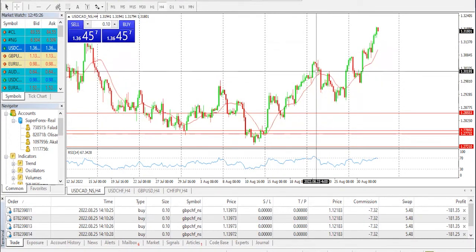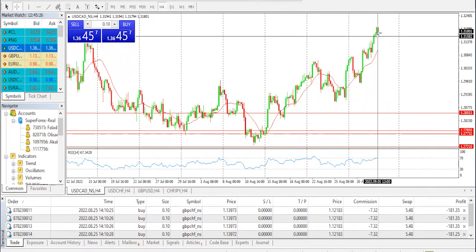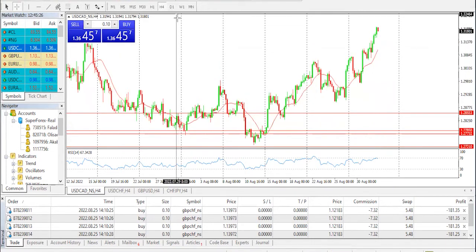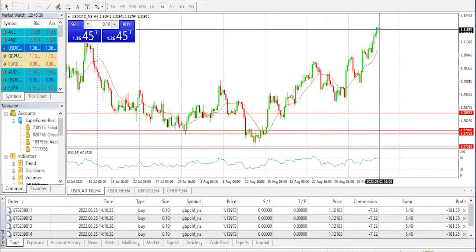Now, possibly this has made some impact on the market. We are hoping that a continuation to the upside is most likely in the books, and we're looking out for a region close to the 1.32 threshold and to push up further to 1.33. Of course, at this point we're going to make our entry from here. We are going to cover nothing less than 64 to 65 to 70 pips or even more from that entry point. So that's our technical analysis on today's currency pair, the United States dollars to the Canadian dollars.